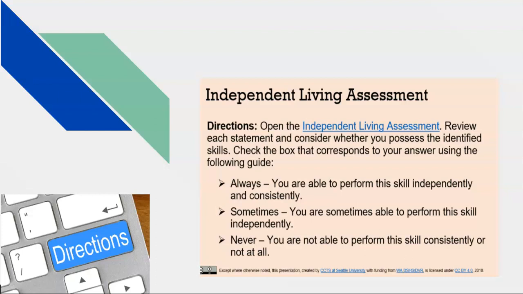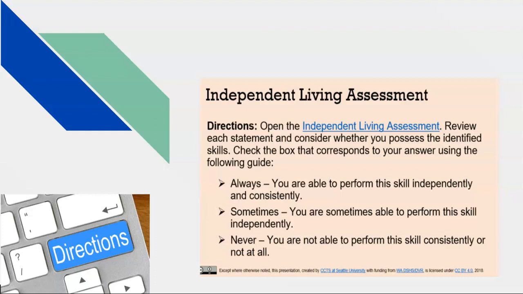So let's say, for example, doing laundry, it just says I'm able to complete laundry independently, right? And you know that you know how to sort the clothes out, you know how to put them in the washer, how to put them in the dryer, how to fold them and put them away, but you're not always sure about what level to put the water temperature at.